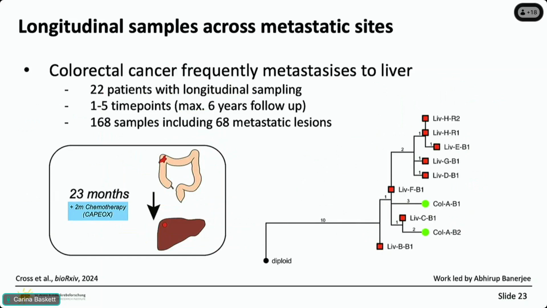So another example of analyzing evolution, this time over time, again in the context of metastasis, going back to colorectal cancer. We had a study here with about 20 patients, and we sampled tumors from the colon and also from the liver, which is a very common point of metastasis, as well as a couple of other organs too. And here we had very long-term data sometimes, up to 6 years, with many different samples across this period, including really good clinical annotation about therapy and what treatments they received. And we could reconstruct our phylogenetic trees.